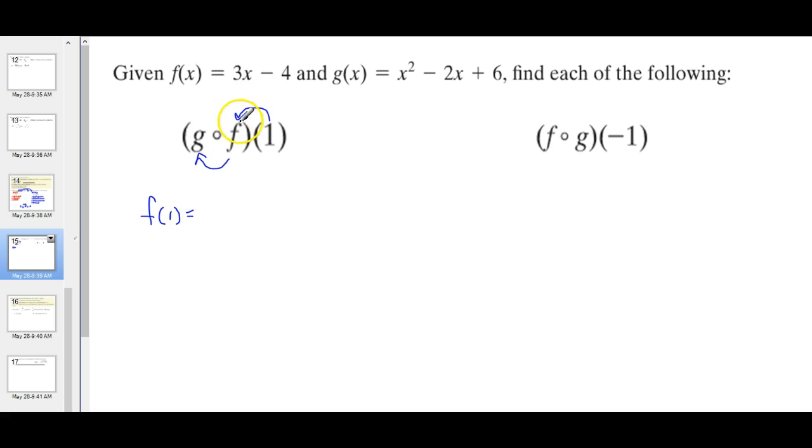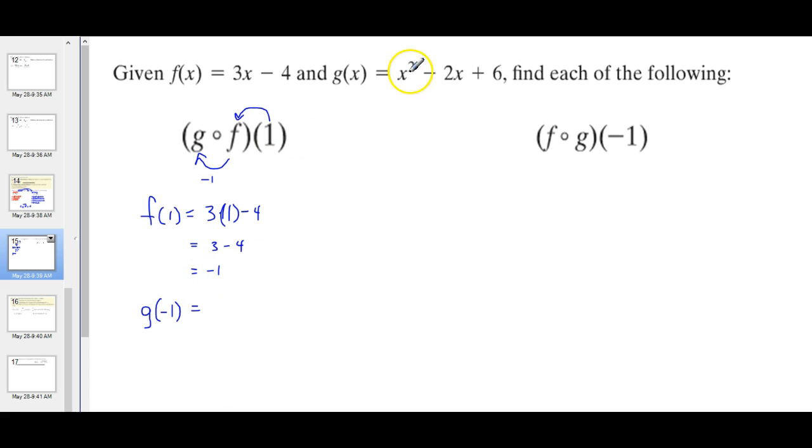which is 3 times 1 minus 4. Or you can put it in parentheses. So 3 times 1 is 3, minus 4 is negative 1. Now you take that negative 1, and that's what goes into g. Right? So 1 goes into f, and that spits out a negative 1, and negative 1 goes into g. So now I find g of negative 1,